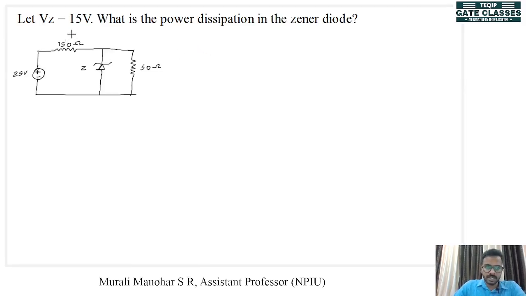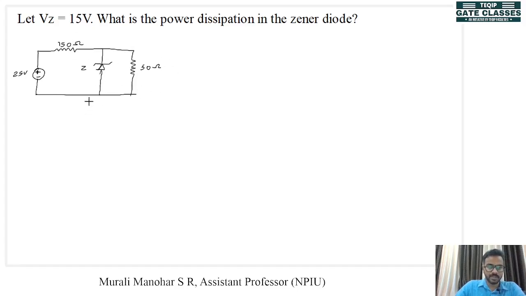This is a problem with Zener diode. Let Vz equal to 15 volt, that is, the breakdown voltage of the Zener diode is equal to 15 volt. What is the power dissipation in the Zener diode? Okay. So this is the circuit. There is a 25 volt input and 150 ohm resistance here, 50 ohm resistance here, and this is our Zener